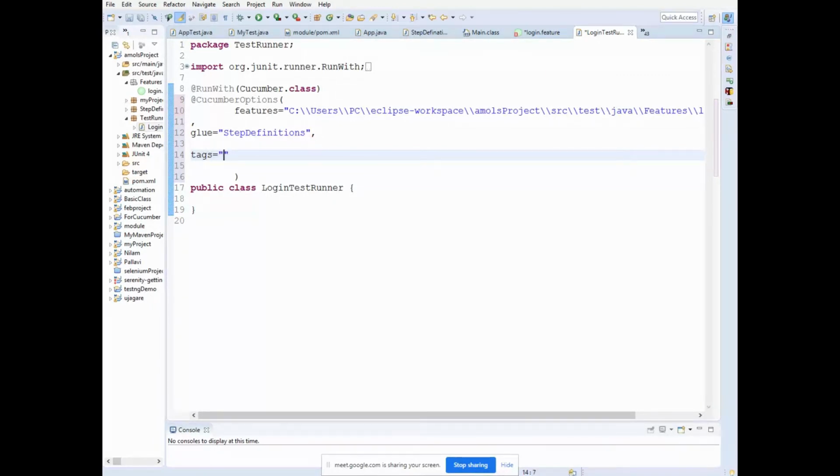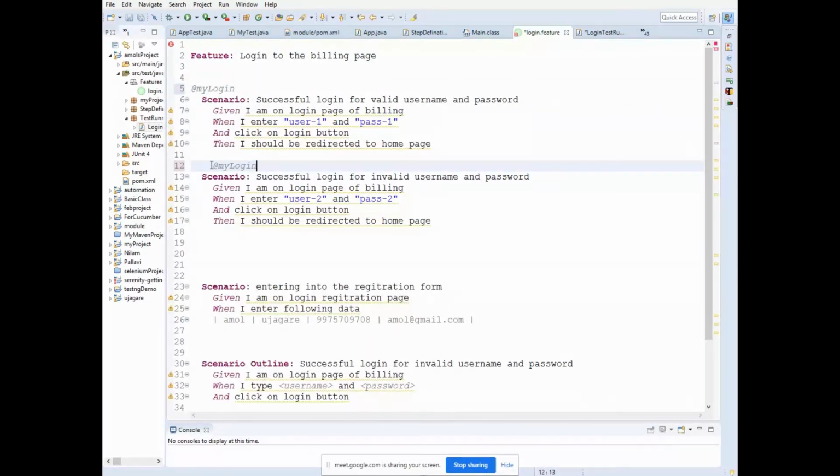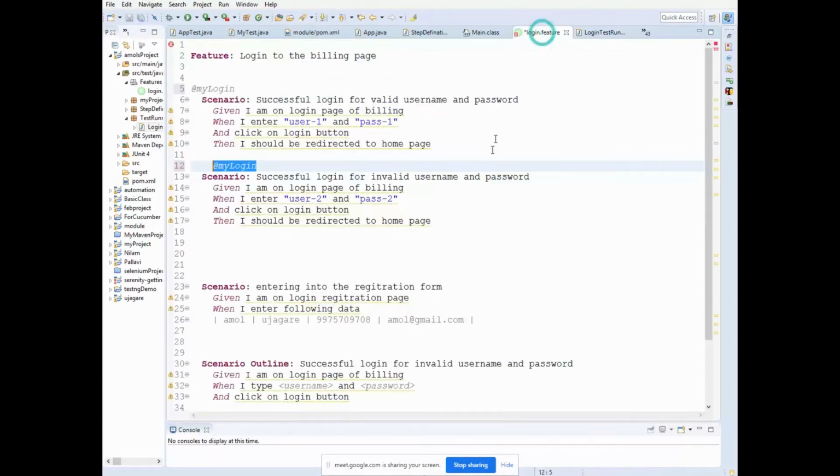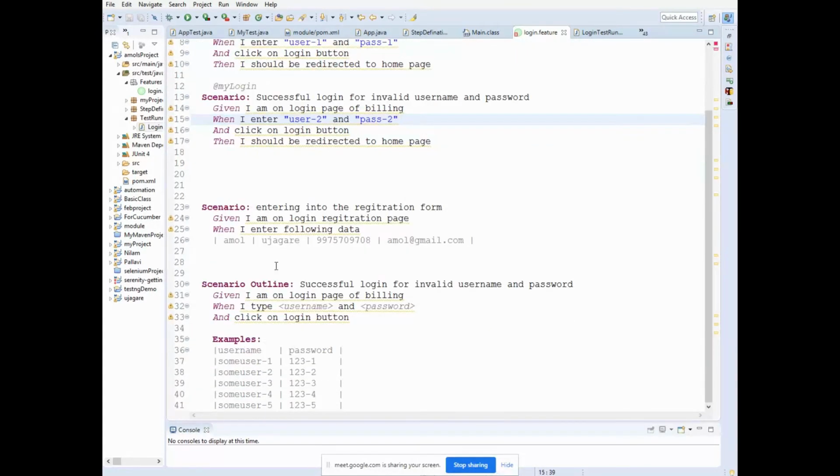Okay, so here if I include that at the rate my login, only those scenarios will run which have the tag my login. Let's see, and the rest of the scenarios will not run.